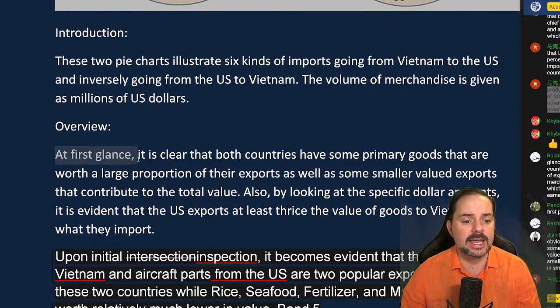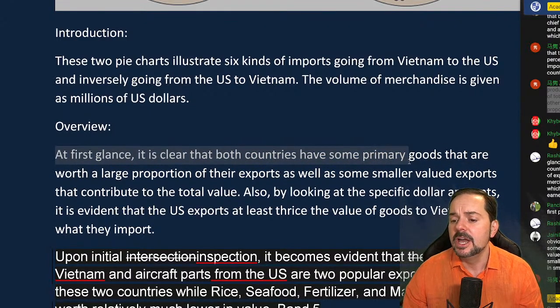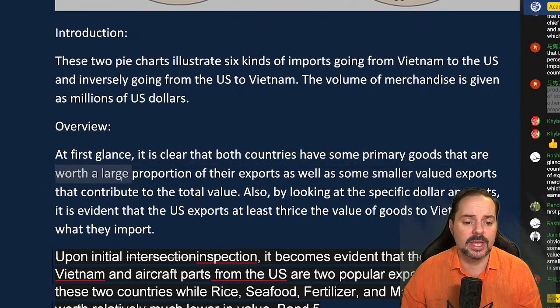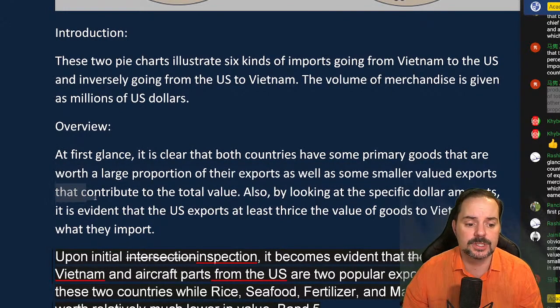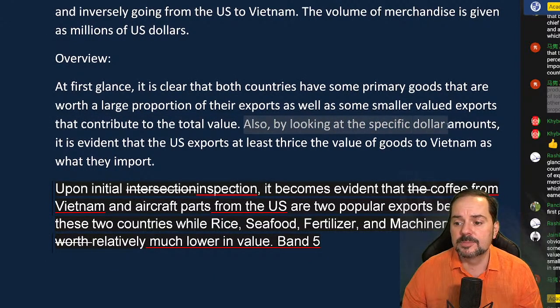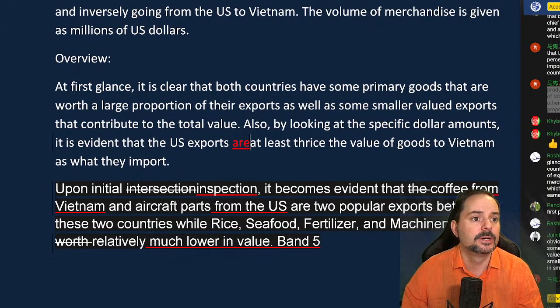At first glance, it is clear that both countries have some primary goods that are worth a large proportion of their exports, as well as some smaller valued exports that contribute to the total value. Also, by looking at the specific dollar amounts, it is evident that the US exports are